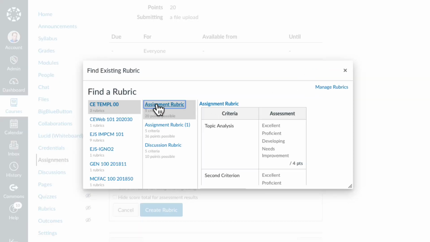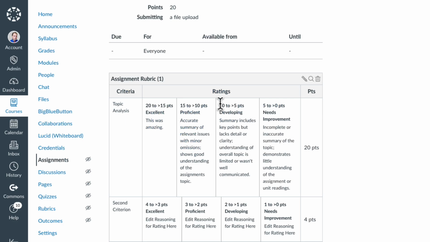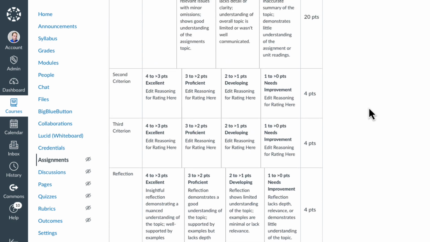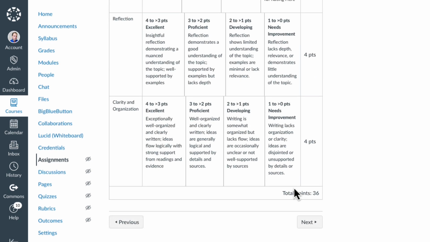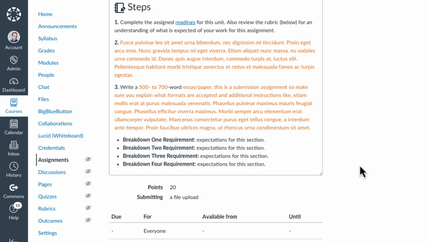I can click on that other one. Even though I've clicked here and I see that it's there, I just need to click on the actual link right above it, and it has now associated that new one with this. But something else we want to take care of is this rubric now is 36 points, but this assignment is still 20 points. So anytime you change the rubric, and if you've changed the point value, just remember you're going